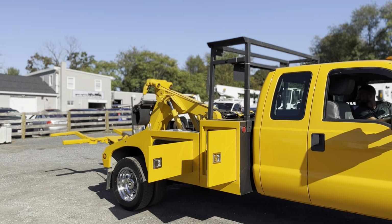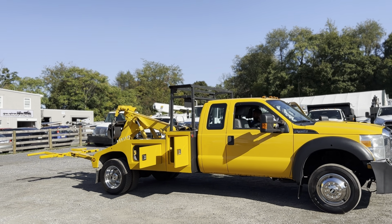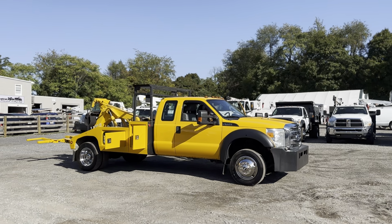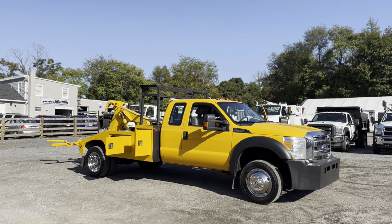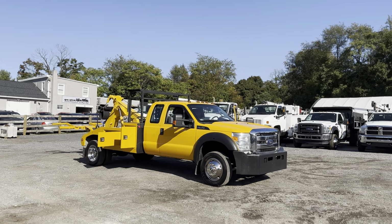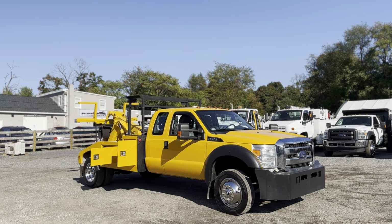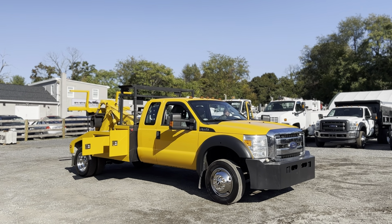Truck's 100%, it's all there. We spend a ton of money to ensure that this truck is ready to rock and roll. So that way when you get in this thing, you can get right to work, get right to start making some money. These trucks sell fast. I've had a bunch of them. I know what they are, you know what they are. They're a good wheelbase truck. They've got a good unit on the back. I like the gas. I almost prefer the gas in today's world when you got a bunch of emissions issues and things of that nature, but it's ready to rock and roll, ready to hit the road,